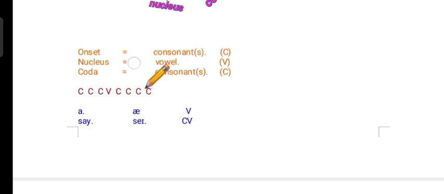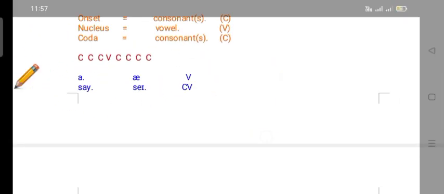Okay, so we can represent the possible structure of an English syllable through C, C, C, V, C, C, C, C. C means consonant and V means vowel. Okay, now let us consider the structures of